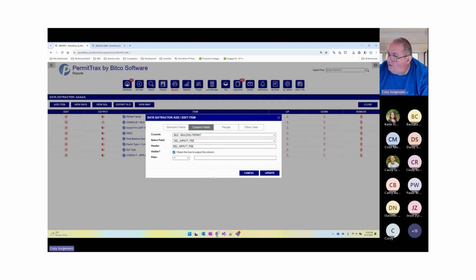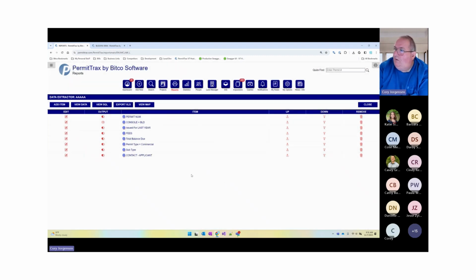If you run a report that is issued and finalized this year, is it smart enough to exclude the ones that were issued but not finalized in that time frame? That's a good question. I would recommend two different data extractors, because if you're looking for issued and finalized in that time range, that's what you're going to get. But if you're trying to do the census report that goes from April 2nd to April 1st the next year, the weirdest date range ever,